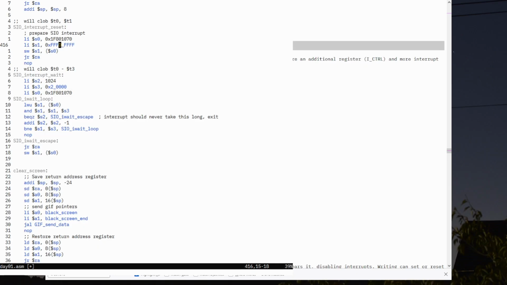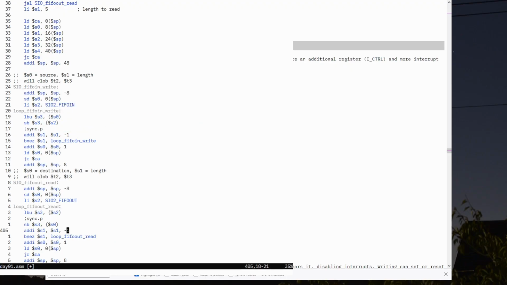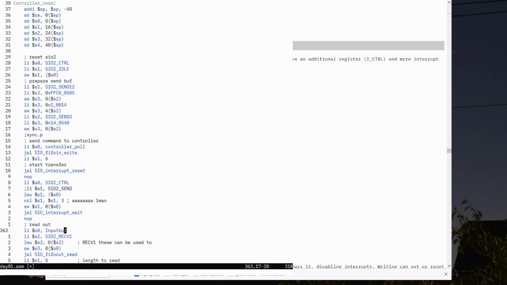And we just store that back into there to reset it, essentially. Right? This just prepares it. You can see down here as well, my interrupt. So we've set up the interrupt, prepared the interrupt,